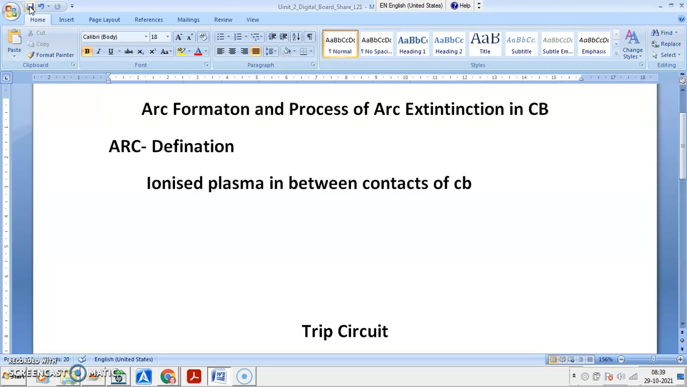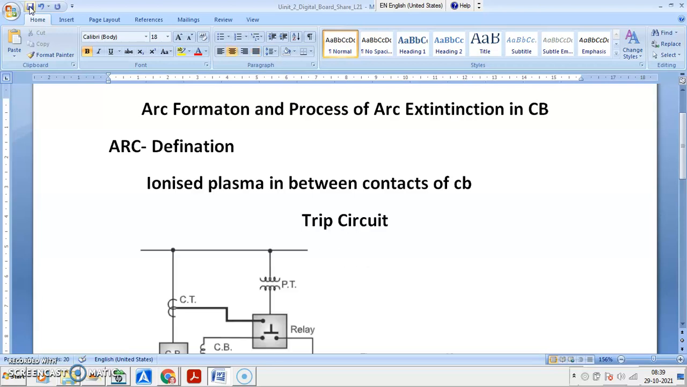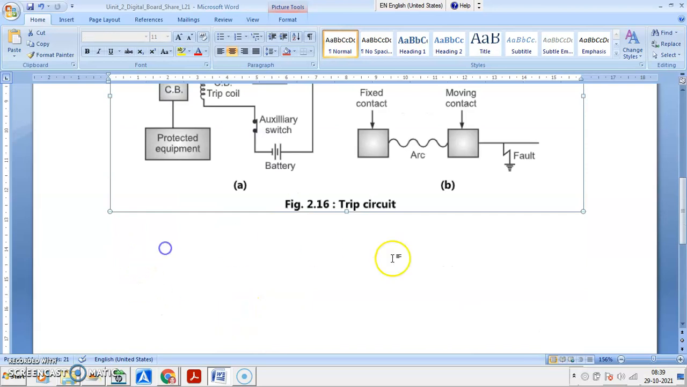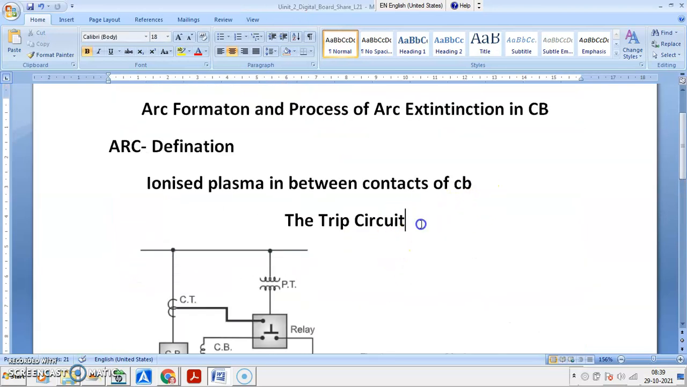Before that, the circuit breaker starts to operate, and the arcing will be there while opening of the circuit breaker. There is an important device which we call the trip circuit. The trip circuit, which is the important part of circuit breaker, is used to give command to the circuit breaker. So when fault occurs, especially when fault occurs,